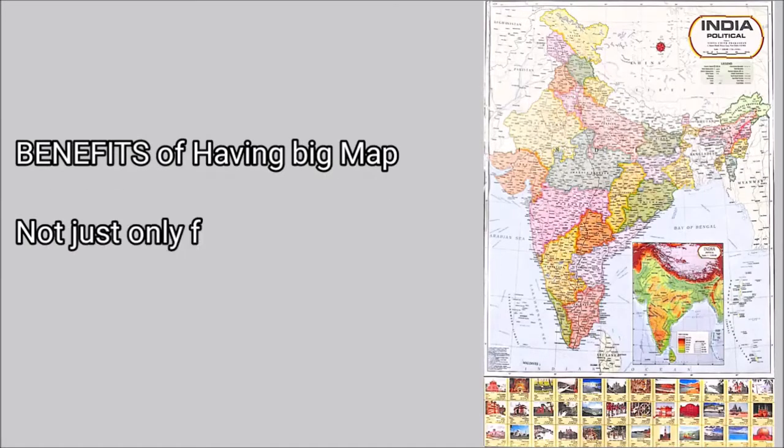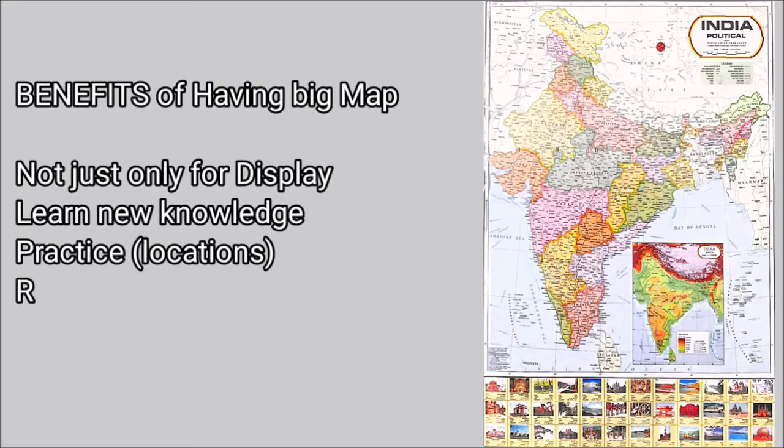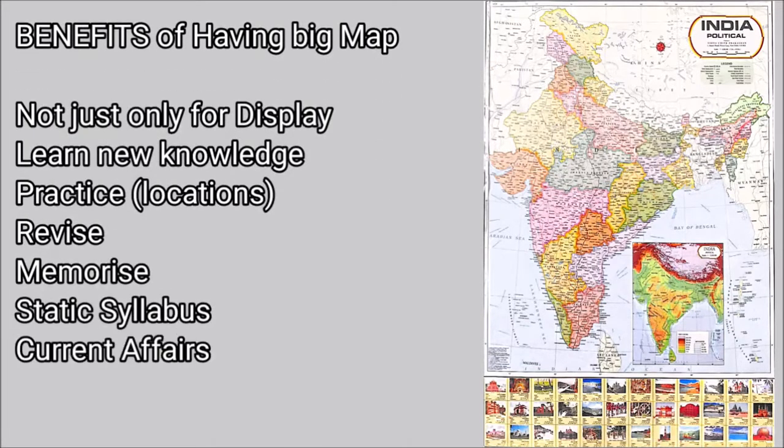The maps which are stuck on our walls are not just for display and only to learn things, but it is more than that. We can practice on it, we can also revise things on it, we can mark things out, we can locate things over it, like the mountains, glaciers, biodiversities. So all these things we can mark on it, we can keep on revising, and we can also take small tests just to check how much we are able to memorize. We can draw and then we can check into the atlas or from our notes.